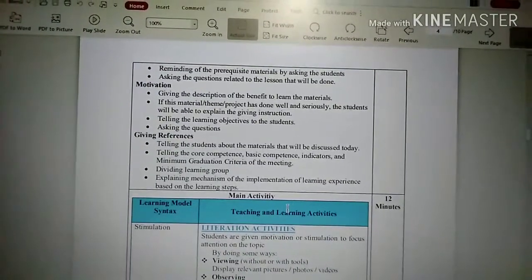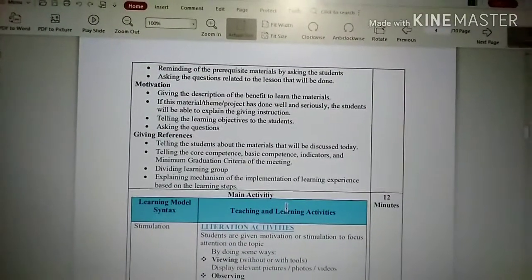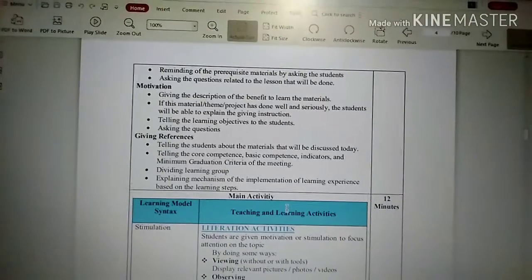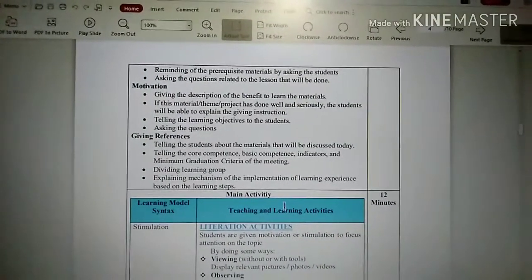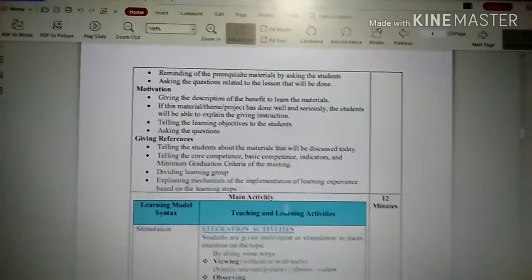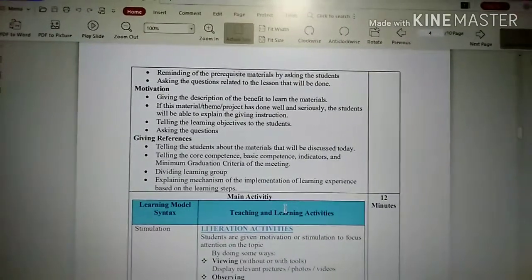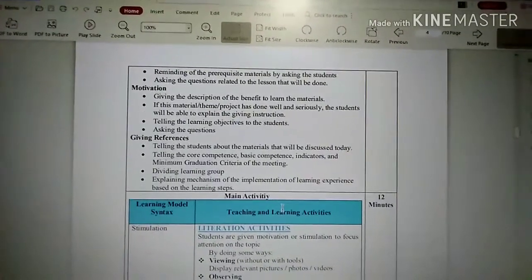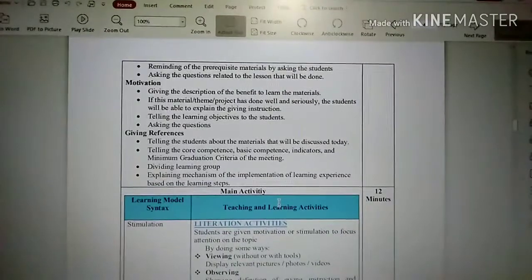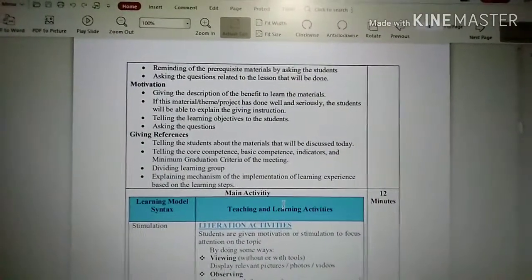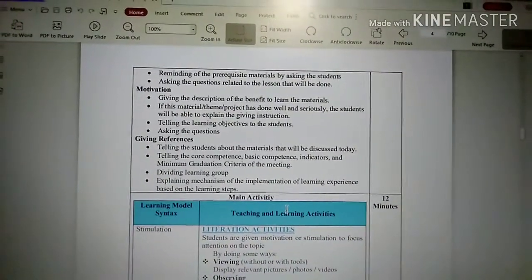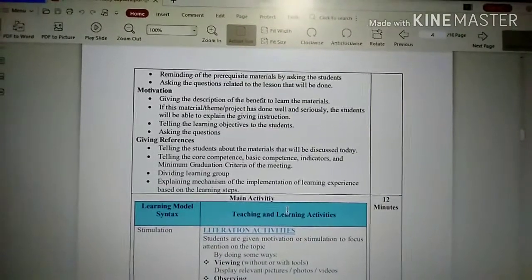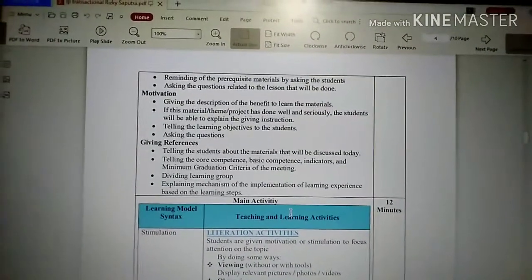Giving references. Telling the students about the materials that will be discussed today, detailing the core competence, basic competence, indicators, and minimum grading criteria of the meeting. Dividing learning groups, explaining the mechanism of the implementation of learning experience based on the learning steps.